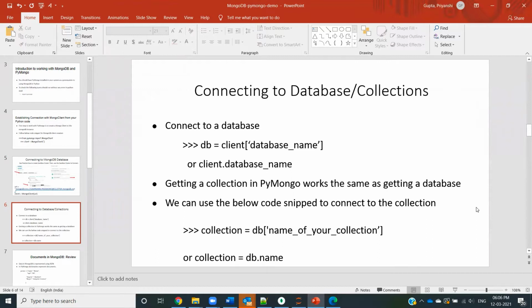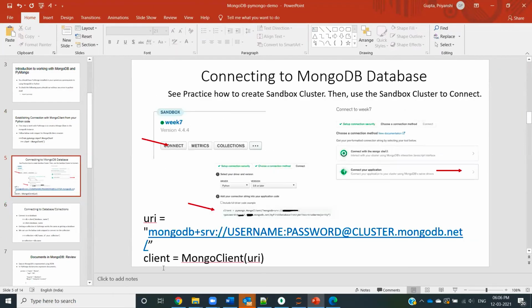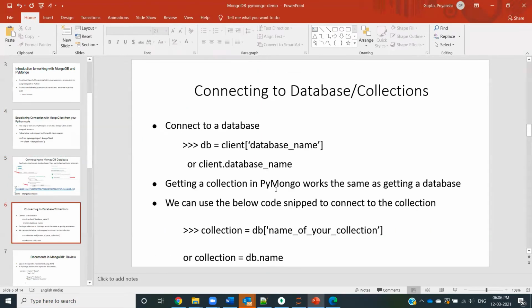In my case, if I want to connect to video, I'll use that same variable that I had declared here, which is client equal to MongoClient and the connection string. So I'm using client in here and I will give the specific database name to which I want to get connected. Similarly, this is also another way of getting connected to a database.